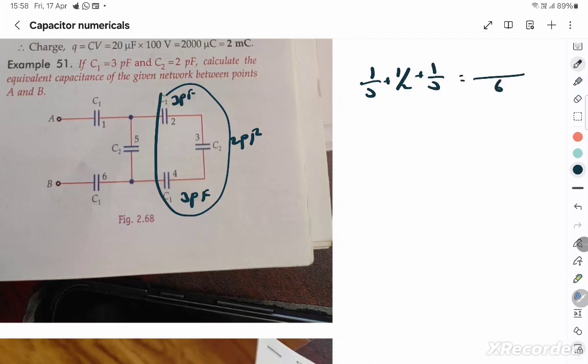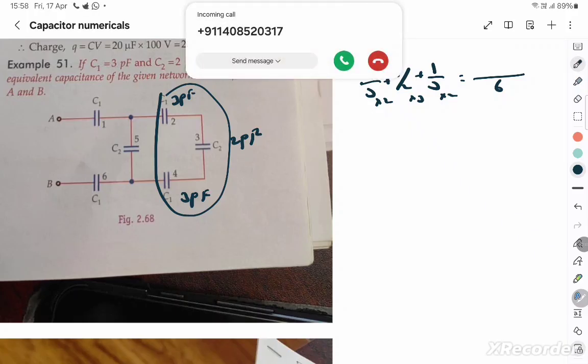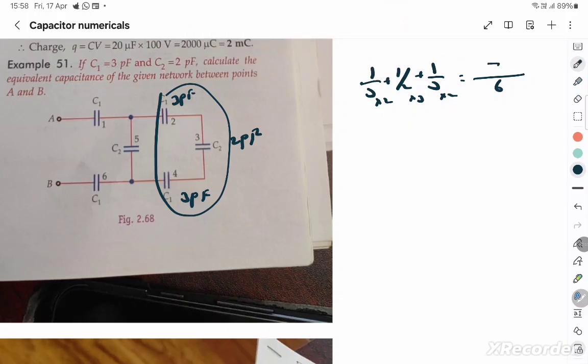into 2 into 3 into 2. It will make it 2 plus 3, 5, 5 plus 2, 7 by 6, and I have to take the reciprocal, I get 6 by 7. And that is going to be in parallel with C2, and C2 is again 2 picofarad. It's going to be parallel, I can just add it, so it will be 20 by 7